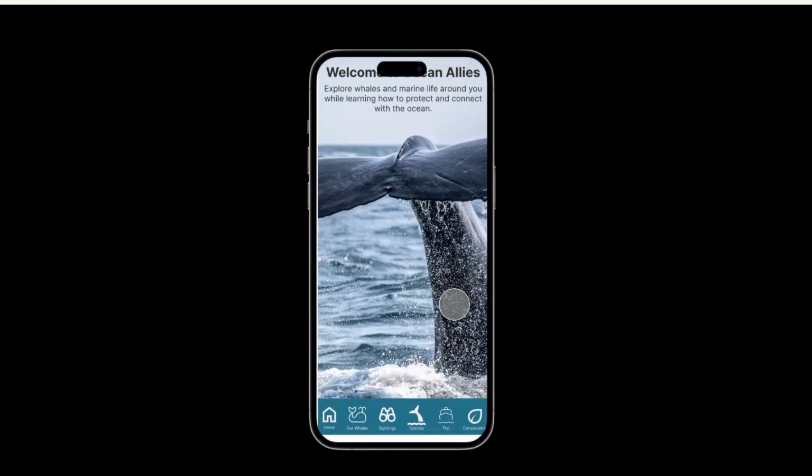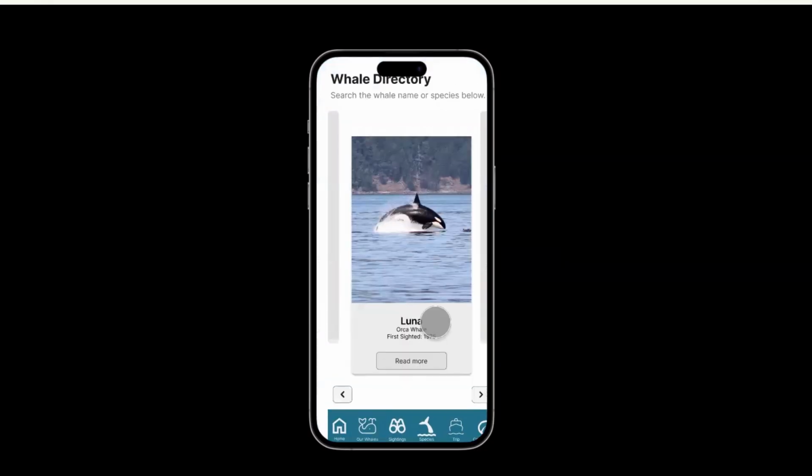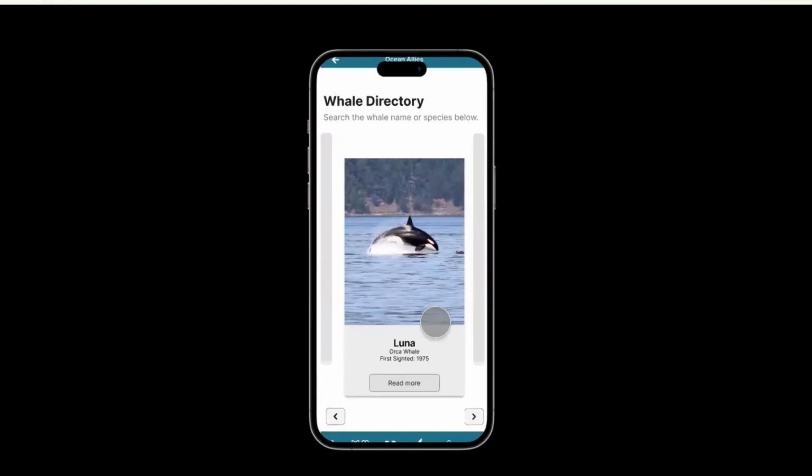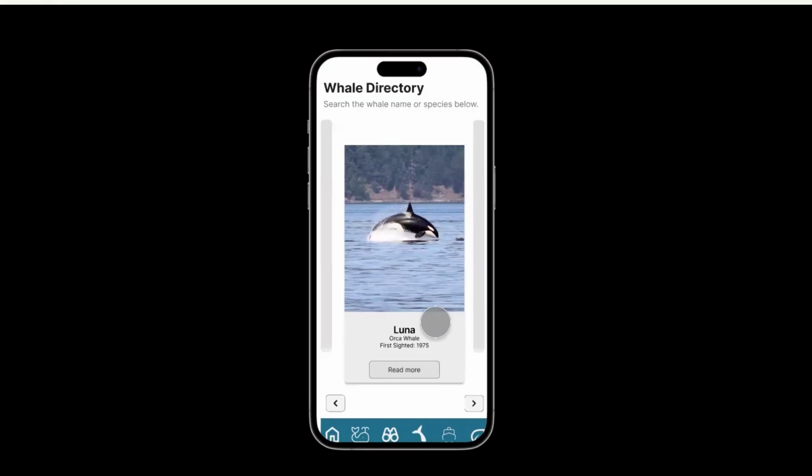So if you go to my main page, you can navigate here to the first page, which is Our Whales. And from here, I basically have built a whale directory and a mock whale named Luna, an orca whale. So from here, you can click through all of the different panels, going through all of our whales. I tried to keep it very image focused so that it was pretty self-explanatory of where to click next for